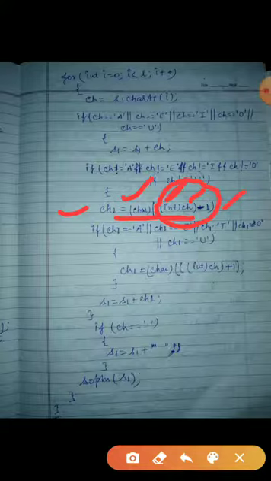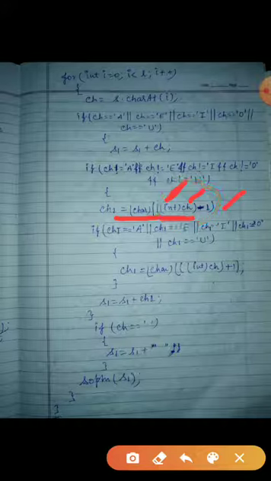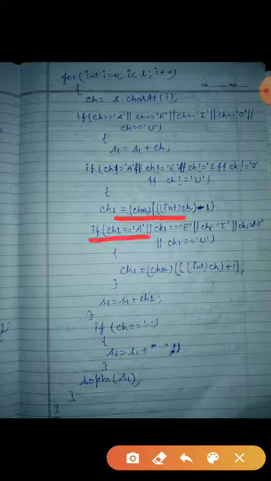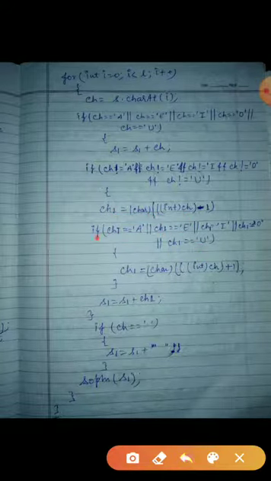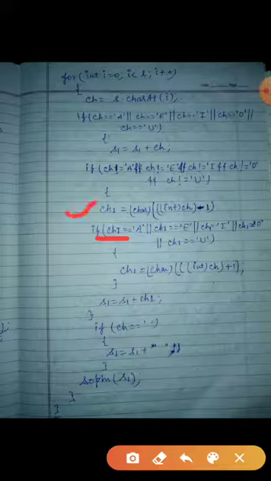So now what is in ch1? The previous character has come. Now that previous character you will check again: the previous character which you have taken should not be a vowel, otherwise it will change to the next character. So you check whether ch1 equals A, E, I, O, U, any one. Then you will not use it, you will change it with the next one.